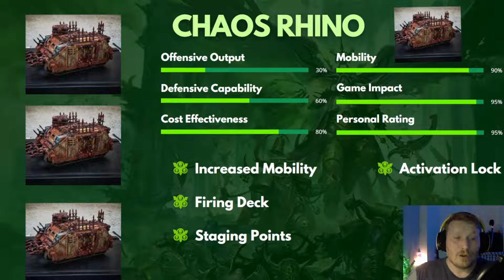Defensively, for its points, it is an extremely cheap hull with toughness 9, 10 wounds, 3 up save, access to smoke. It's not going to...